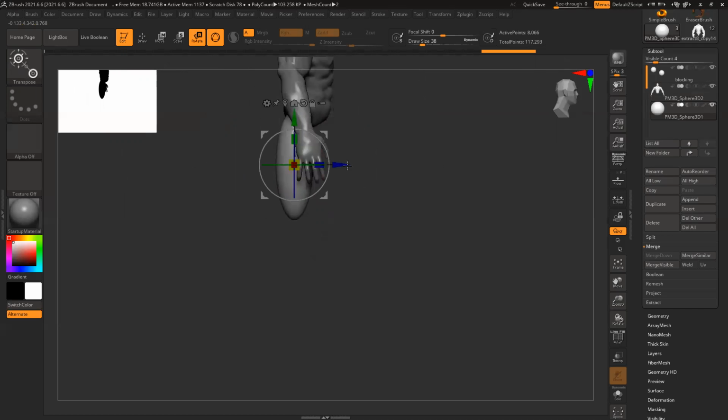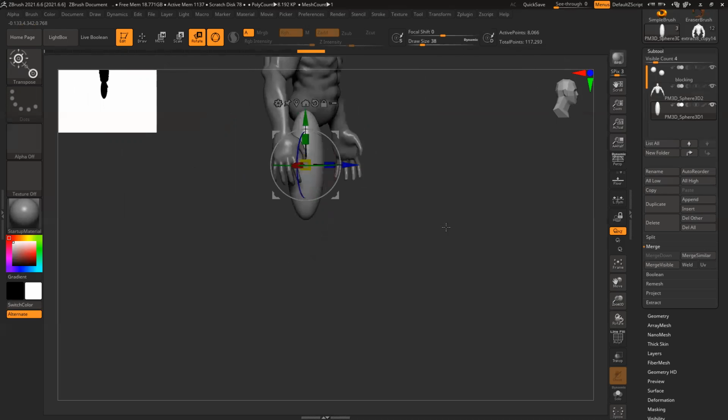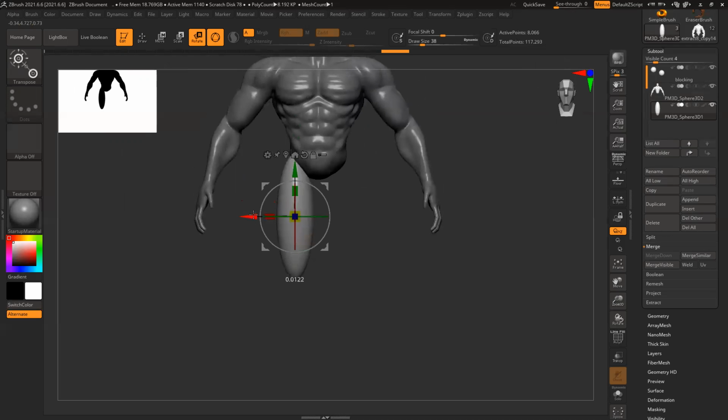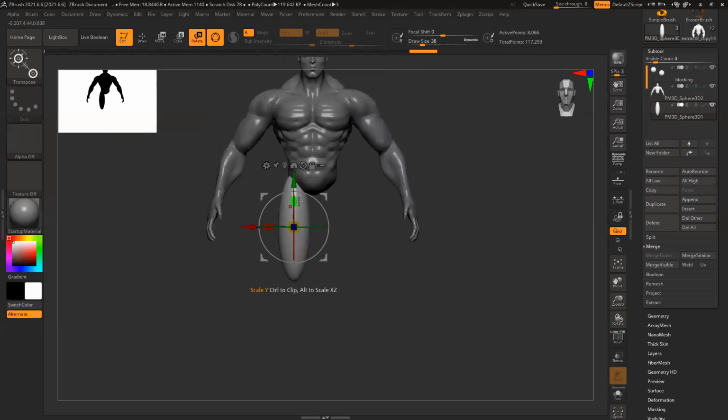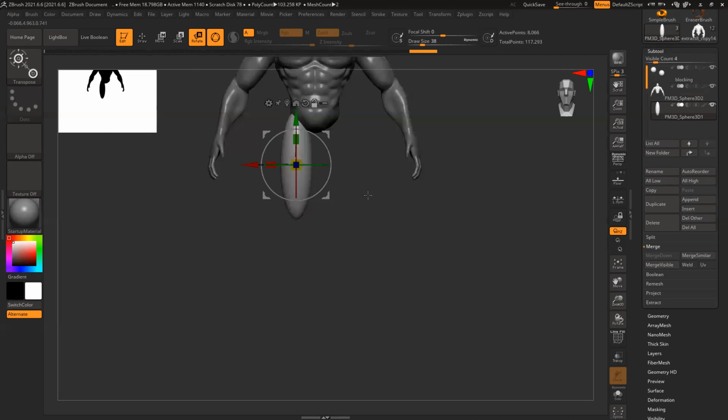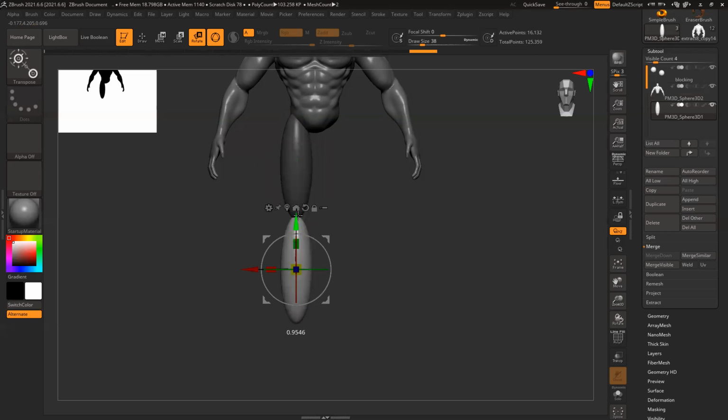You can see, position correctly, center, slightly inside and elongate slightly. The length of this thigh is slightly longer than your hand. So slightly longer than the hand, and Control Alt, duplicate slightly.